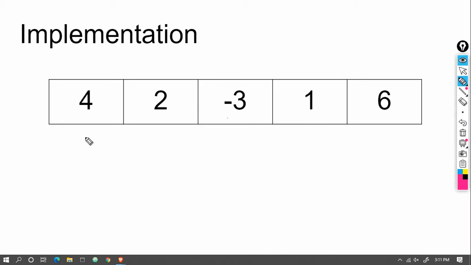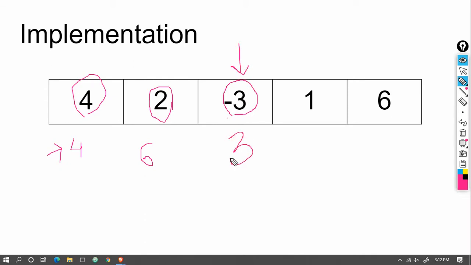And what we have to do? We have to store the prefix sum in the set. First of all, when we reach the 4, we will store 4 here. This is our set where we are storing the values. So we stored 4. When we reach 2, we will see the prefix sum also. The current sum is 4, 4 plus 2 is 6. When we reach here, the prefix sum is 6 plus this element, 6 minus 3, so it becomes 3.